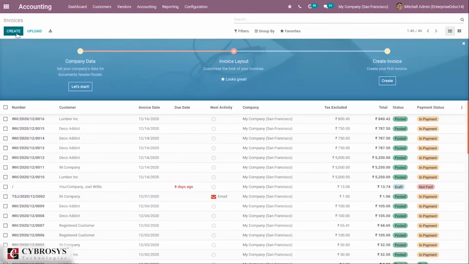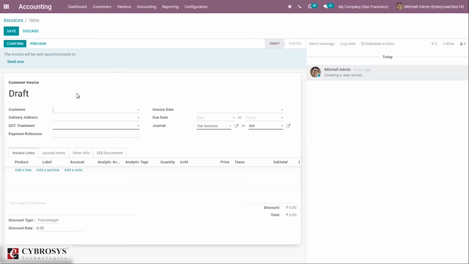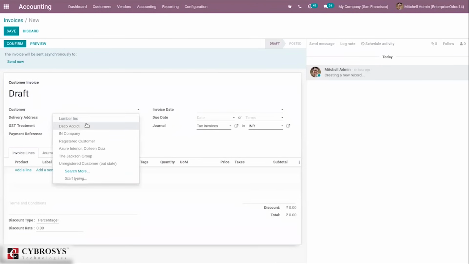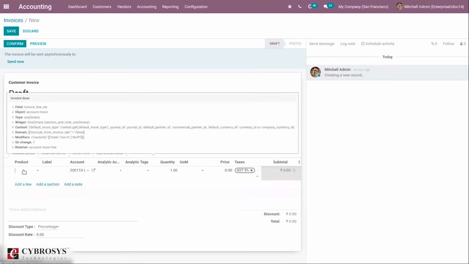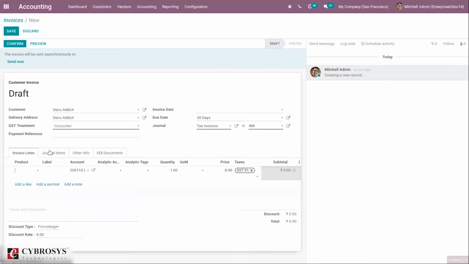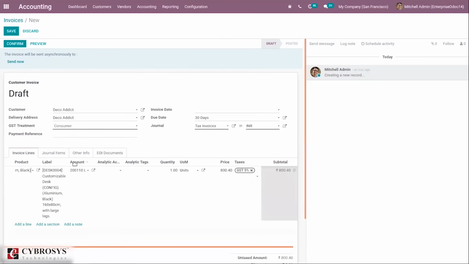So here if you click create, it is possible to view a page form to create invoice. So you can provide customer name, and you can set GST treatment. Then here we can add invoice lines. So here we can see the label of a product.